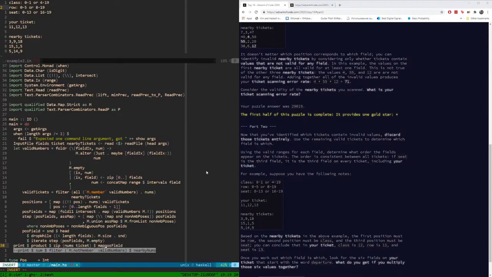We know the number of the field, index of the field. So what we will do is in fields we will get this field, zip nums ticket. Yeah, we want to zip this ticket, and then we want to filter only those which will have